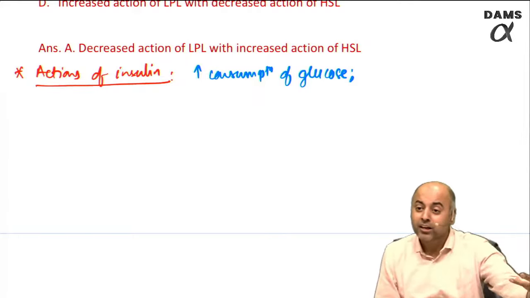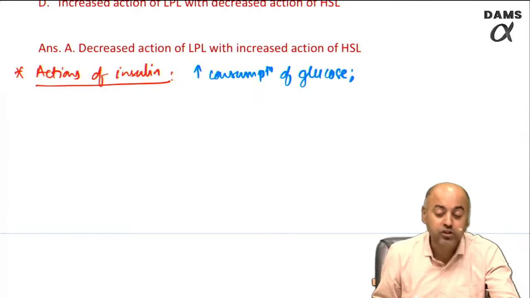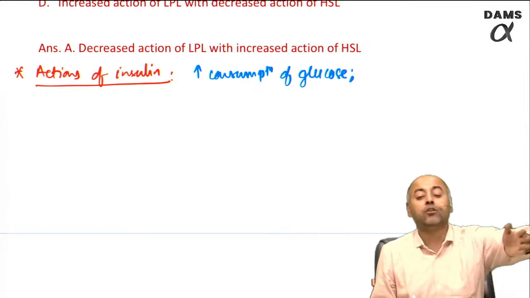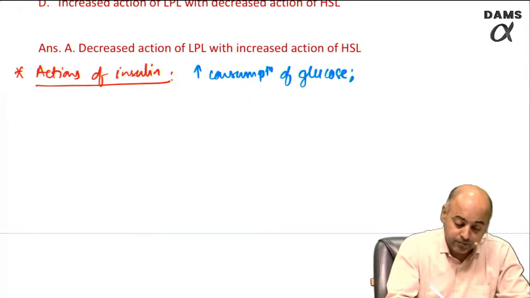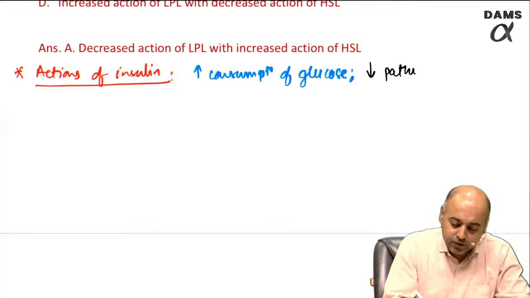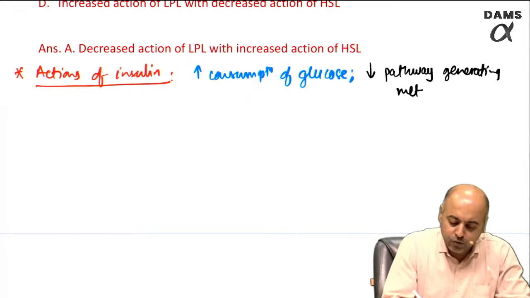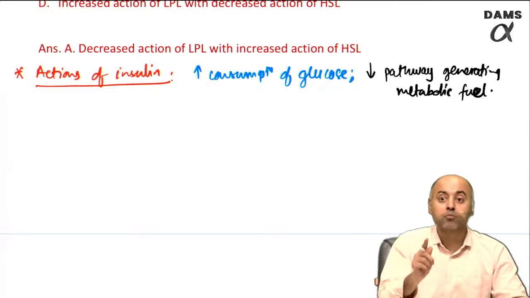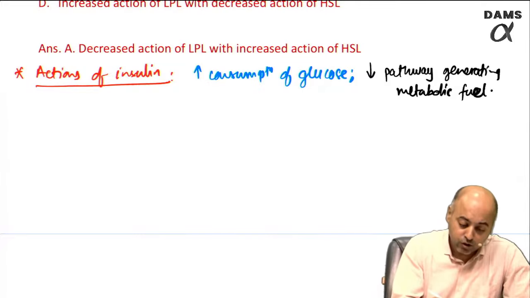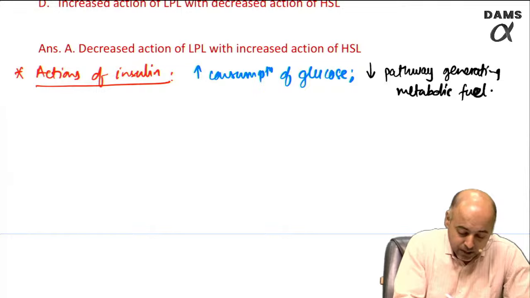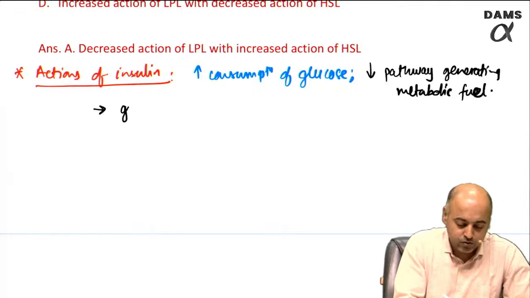So whichever pathway is going to consume the glucose, those pathways will be upregulated by insulin. Second, it will decrease pathways which are generating metabolic fuel, whether it is glucose, fatty acid, or ketone bodies. All these pathways will be blocked. So, a quick list of the pathways which consume glucose: